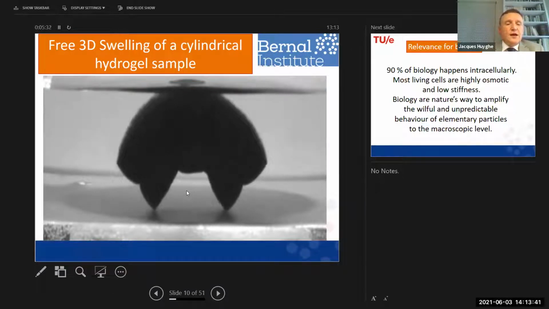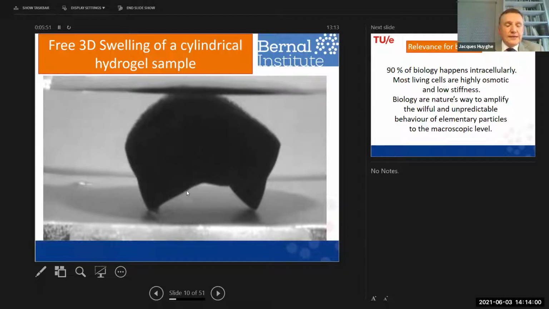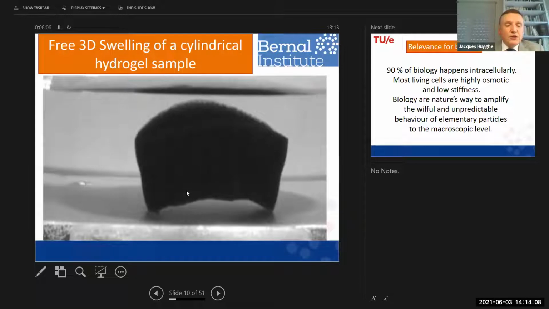So this saddle shape progressively reduces as the core of the gel is continuing to swell itself, so that the contrast between the outer layer being swollen and the inner layer unswollen becomes less and less. And progressively, the cylinder recovers its original geometry, which is strictly symmetric, axisymmetric, and